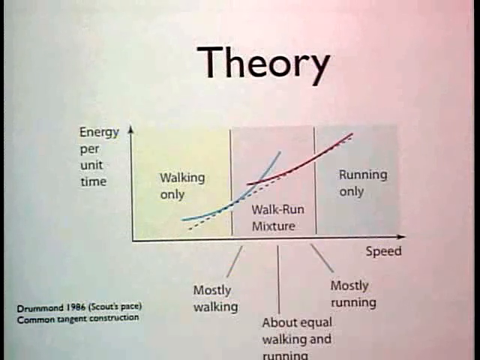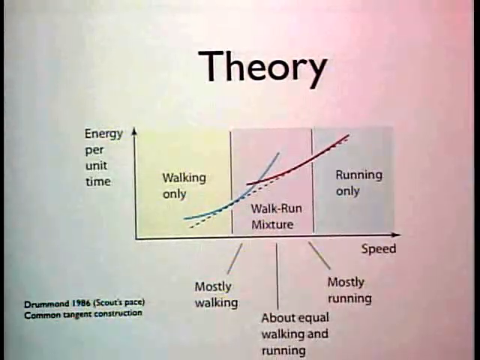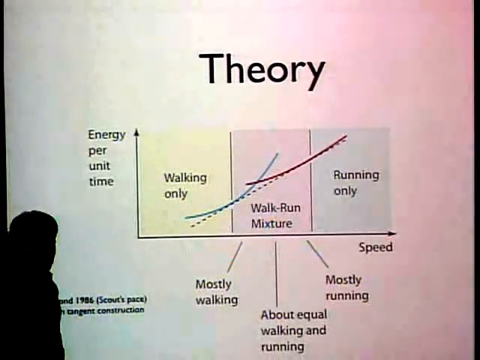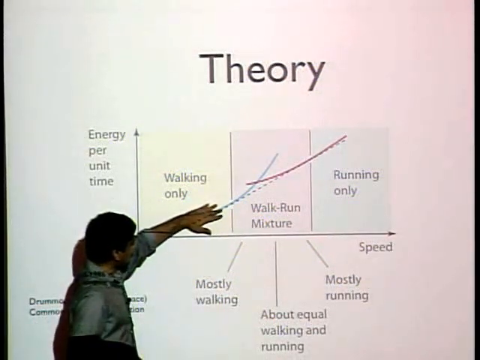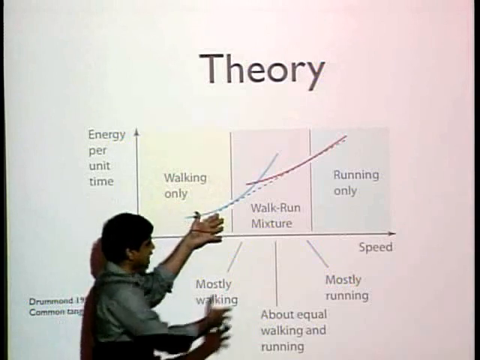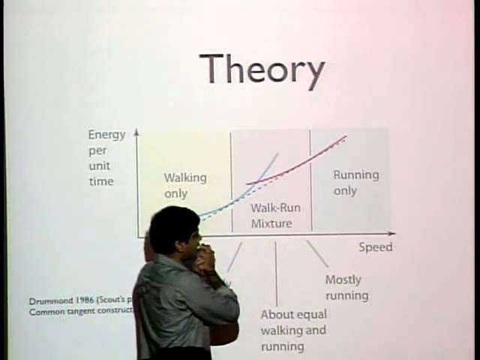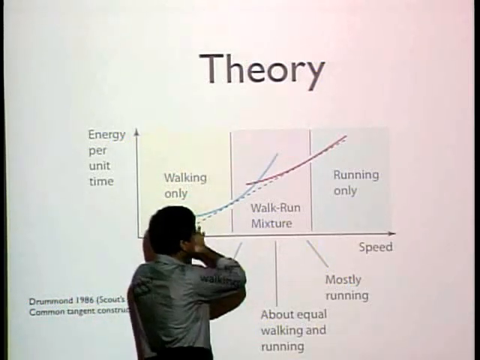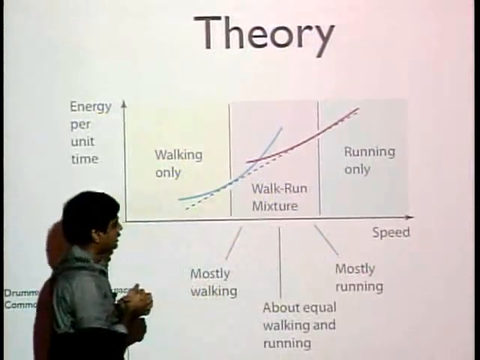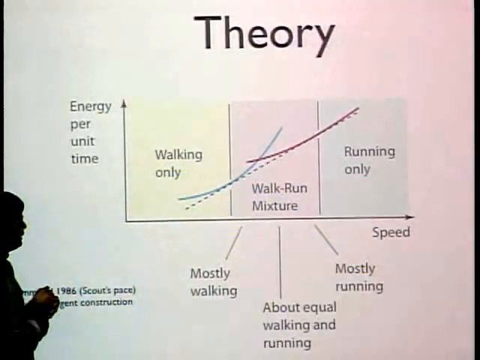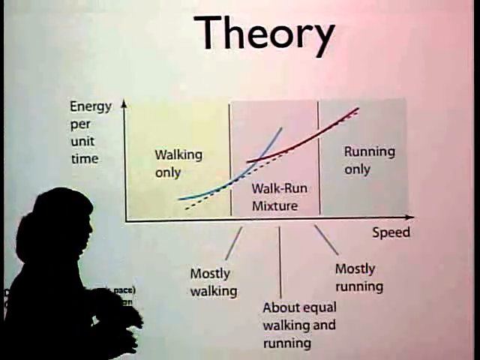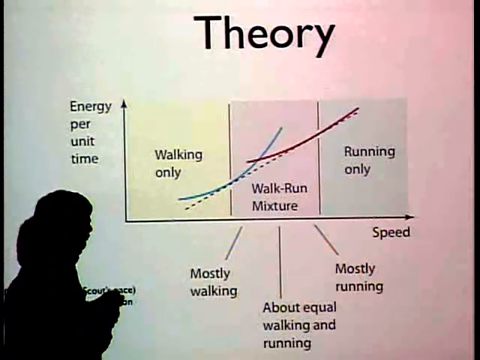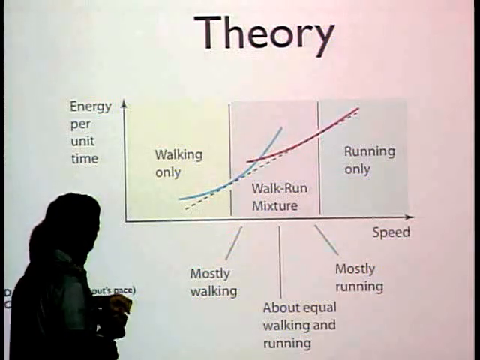Let me skip over that. So what does the theory say? It turns out that you can actually predict that there should be a mixture of walking and running in between these walking-only and running-only regimes. So this is actually energy per unit time, and you can show using some relatively simple math that